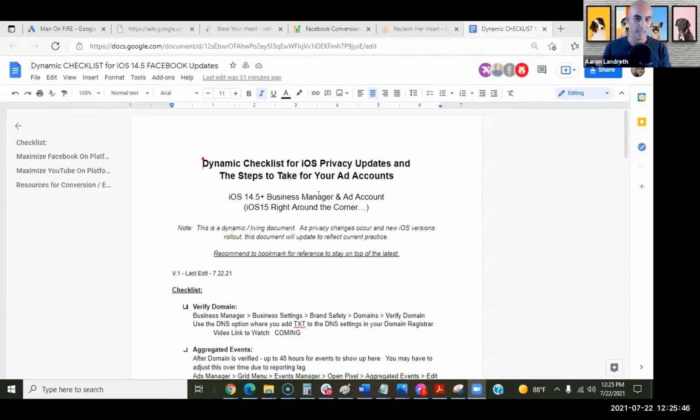So this is the dynamic checklist for iOS privacy updates and maybe other operating system OS updates as we move forward, and the steps currently, at least today, 7/22/21, probably for the next couple weeks or couple months, to